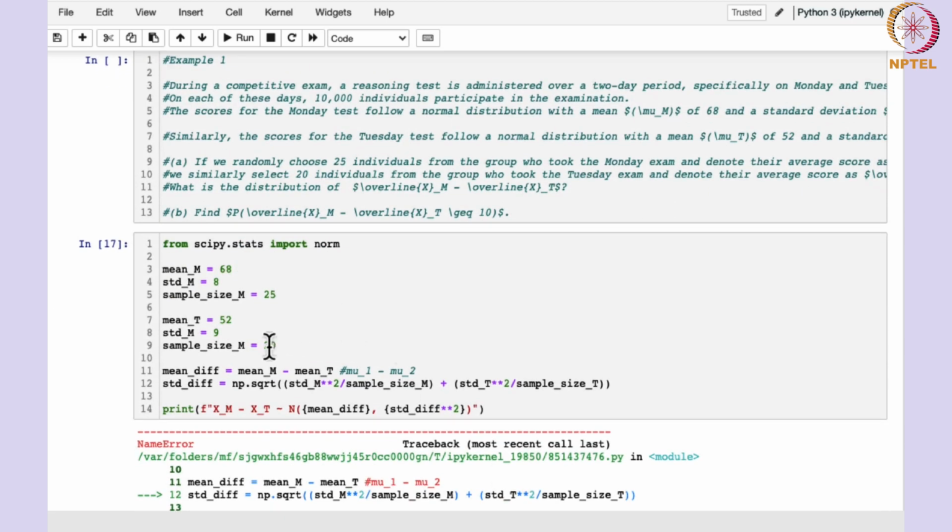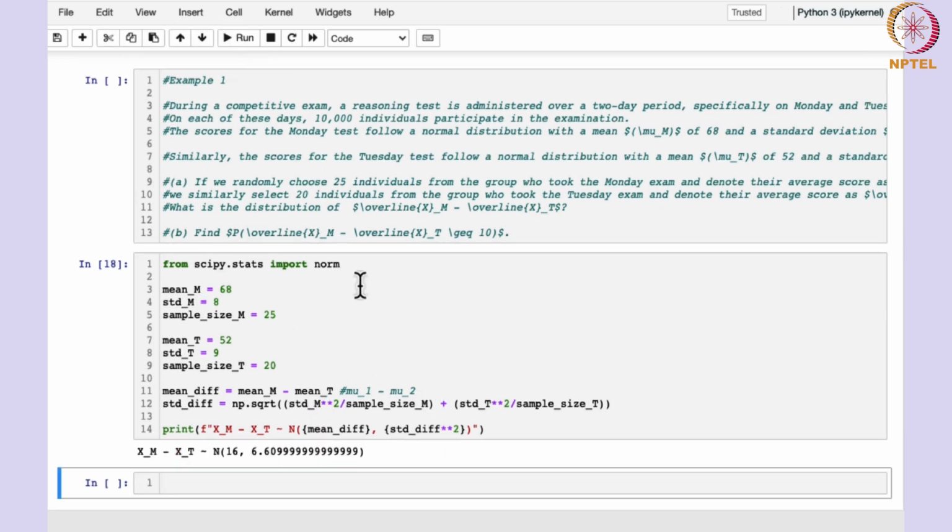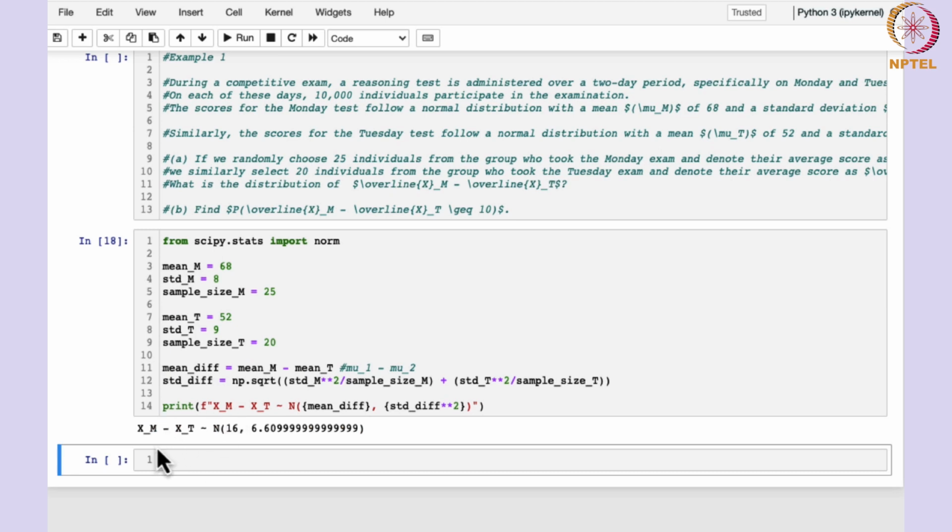Name std, sorry, this one would be t, yeah, this is the mistake. Let me rerun this now. So what it is displaying is that the difference of the two means follows a normal distribution. The mean is coming out as mu1 minus mu2, which is 16, and the variance is